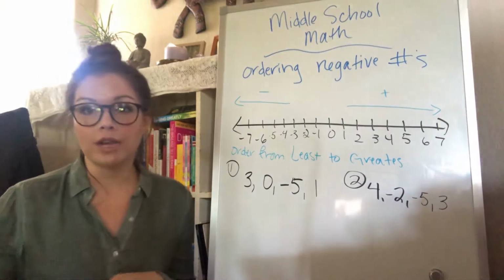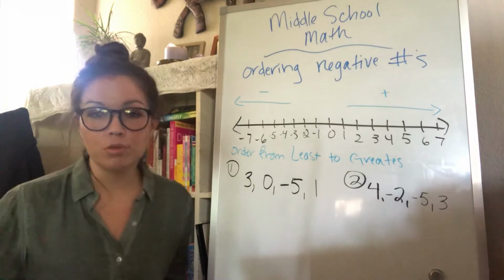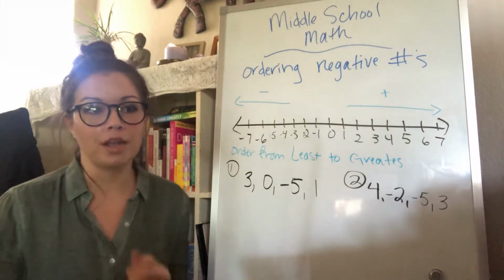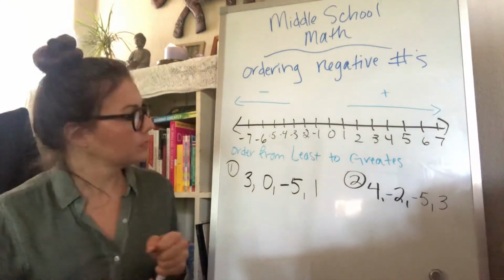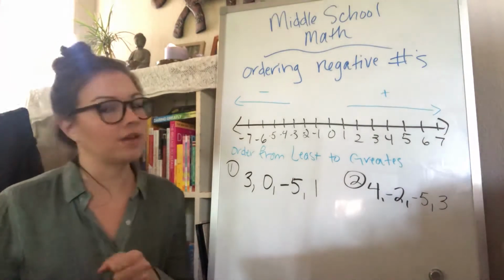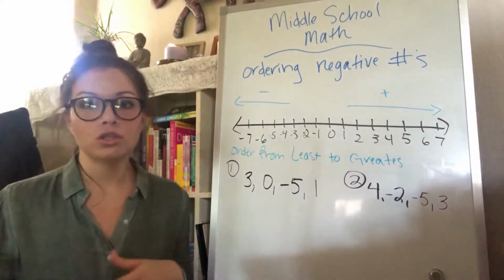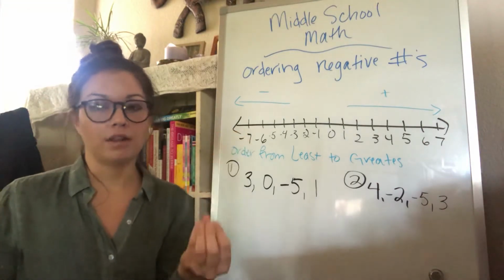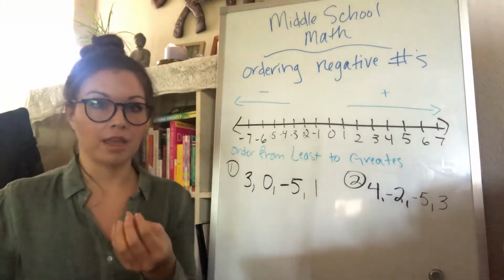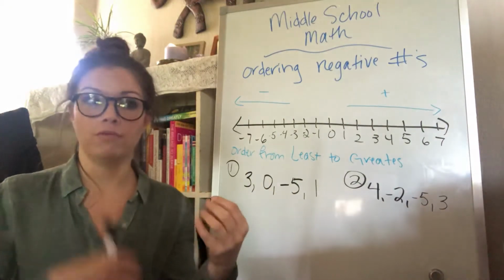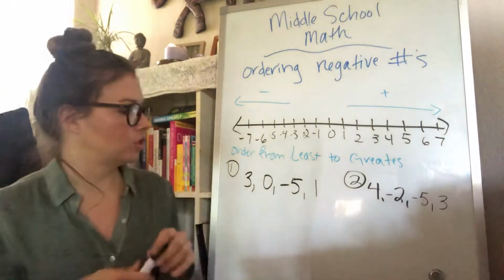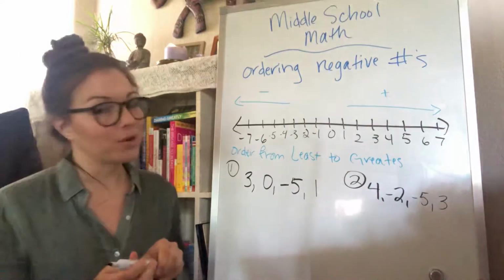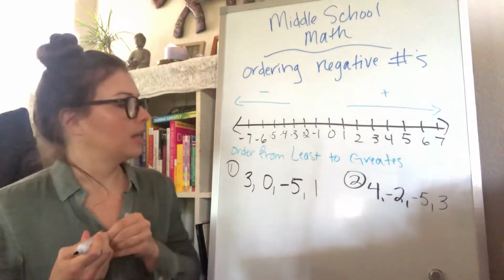We're going to keep going with our negative numbers. I want you guys to get very comfortable with those. We're going to be seeing a lot of them next year and beyond. So we're just going to be talking about putting negative numbers in order. It's a little confusing because negative 5 is actually not bigger than negative 2, even though 5 is bigger than 2. Okay, so we're going to talk about the number line and how that helps us in putting these